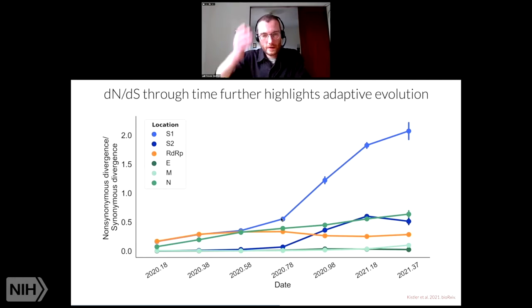But as we go forward, this is taking the phylogeny and slicing it through time and looking at these slices and counting the number of synonymous and non-synonymous mutations in different genes. We can see that starting in fall 2020, S1 really picks up. And so at this point, S1 really stands out as having a dN/dS of greater than 2. And maybe this will slow down at some point, but right now this is a really fast degree of adaptive